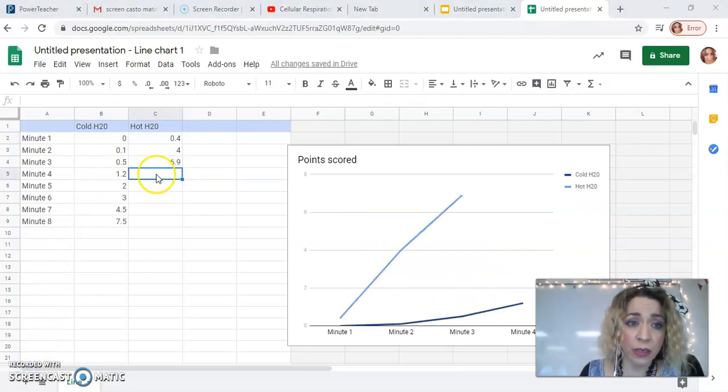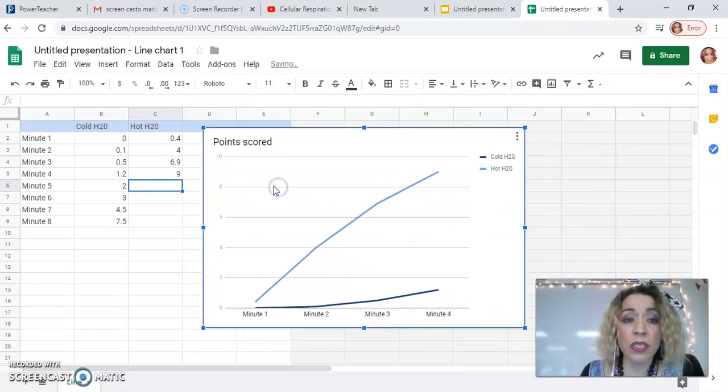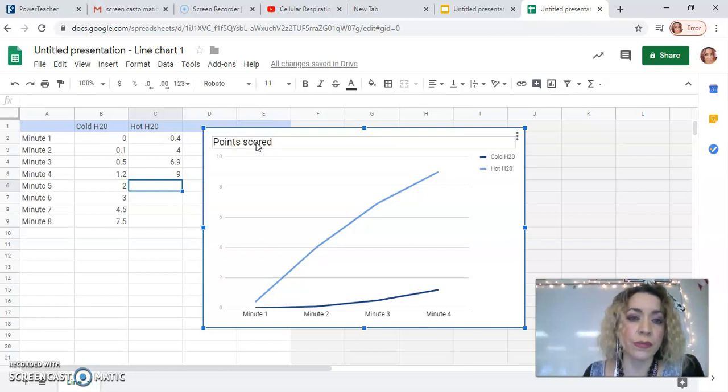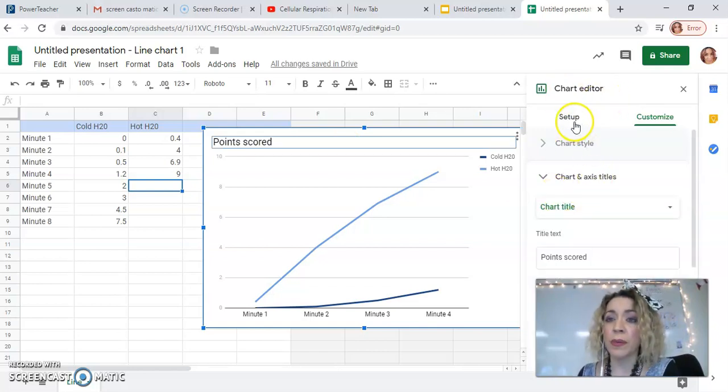Okay, so I'm in my last cell, and I'm entering my last bit of data, and you'll notice that your line graph, the information on that graph should have also changed simultaneously as you were doing that. If you want to change titles and things like that specifically within the graph, you're going to double click, and I'm double clicking on the title because I want to change the title. And Chart Editor will come up on the left, and if it's the title I want to change, I'm just going to